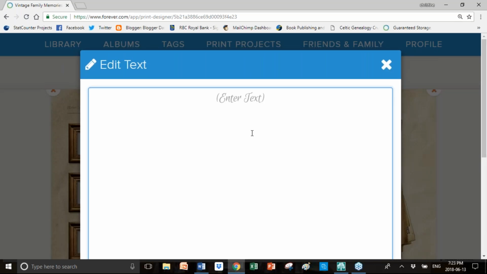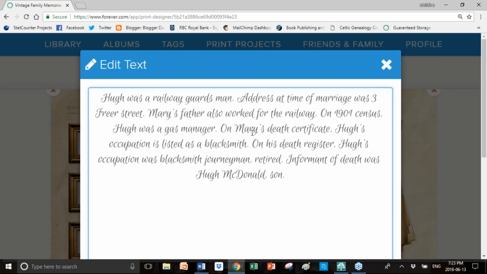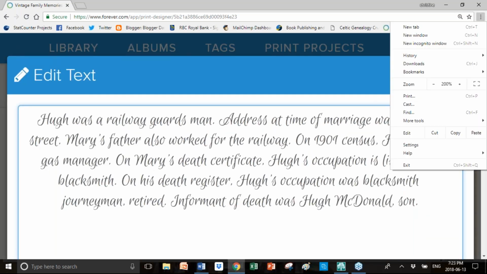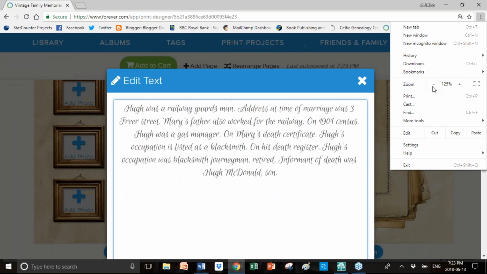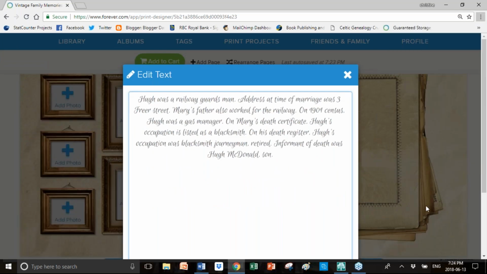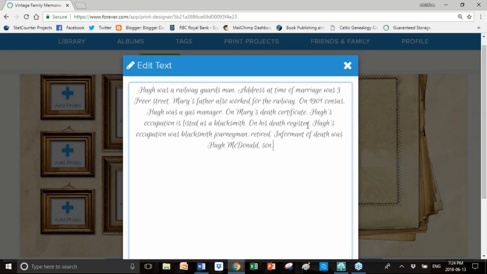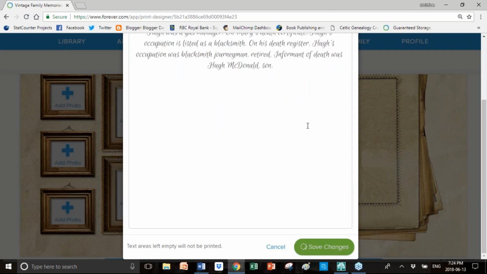I'm going to enter some text in here. Again, just for the sake of working my way through this so that you're not sitting watching letter by letter, I'm going to go ahead and just do the cut and paste of the same story. Obviously, I'm not going to have this printed because it's not going to make any sense, but just really to show you how easy it really is. Save the changes,